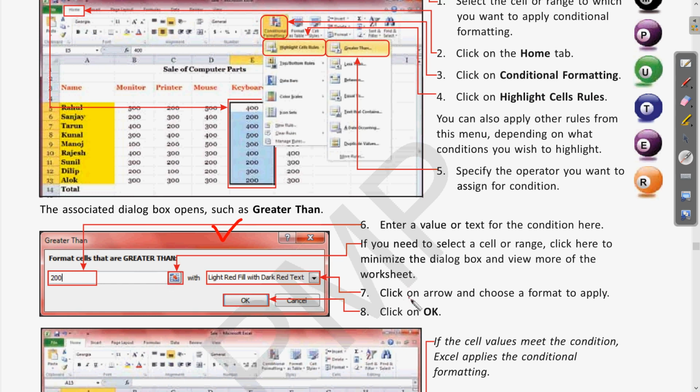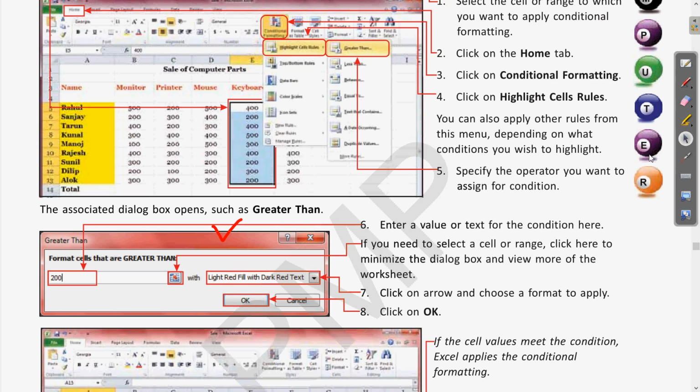Now next, click on the arrow and choose a format to apply, then click OK. Clear? Whichever color we want to apply can be chosen from this drop down, and then click OK.